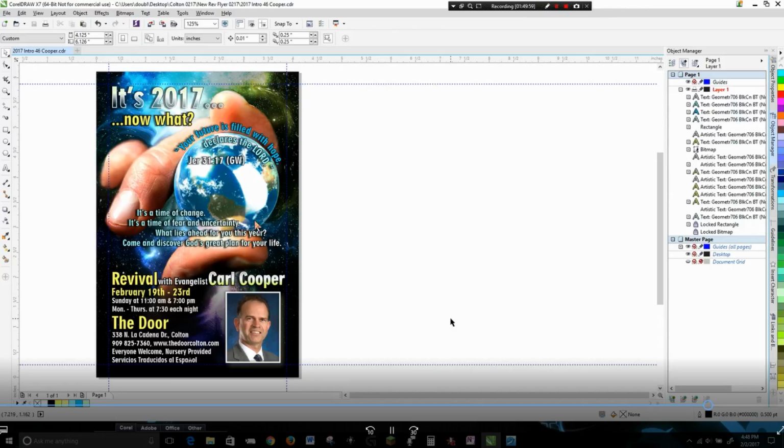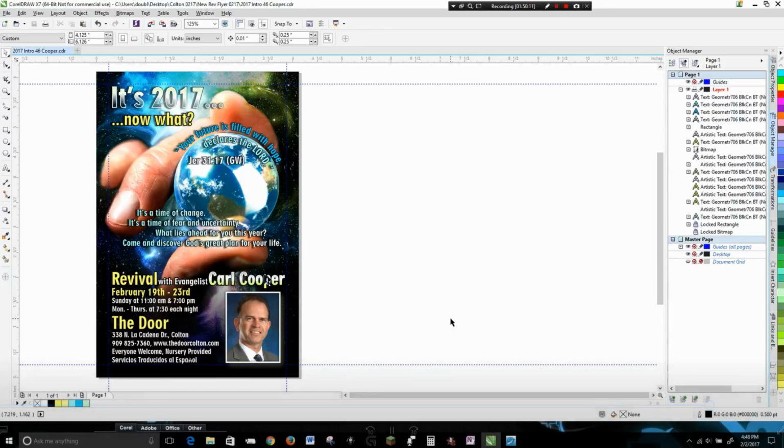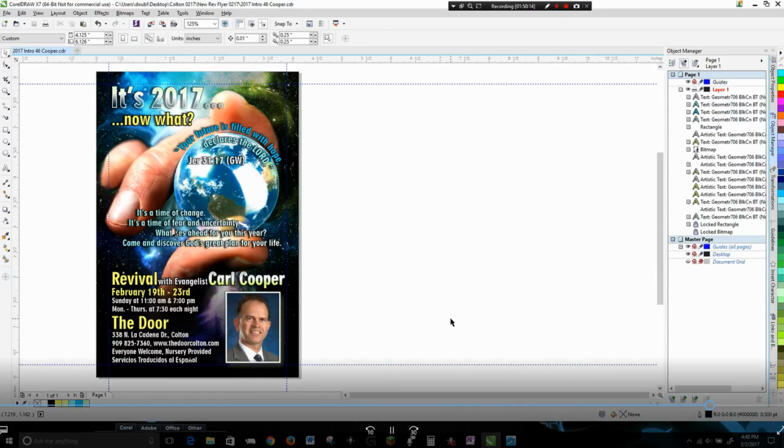I did the circle, text wrap around the circle, blah, blah, blah. Look at this little cool fade I got here on the 2017. Even though it's on top, it feels like it's part of the underpainting. There you go. That's kind of the flyer right there. And I'm having a hard time with this, though. I didn't know where to place it. So many iterations later,